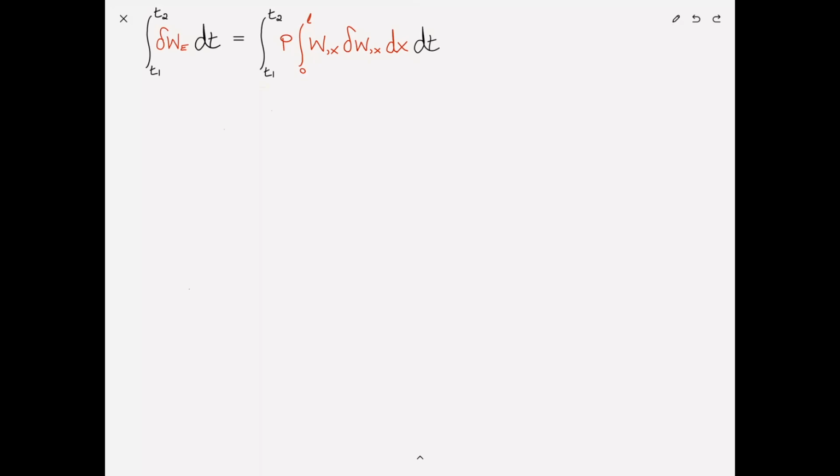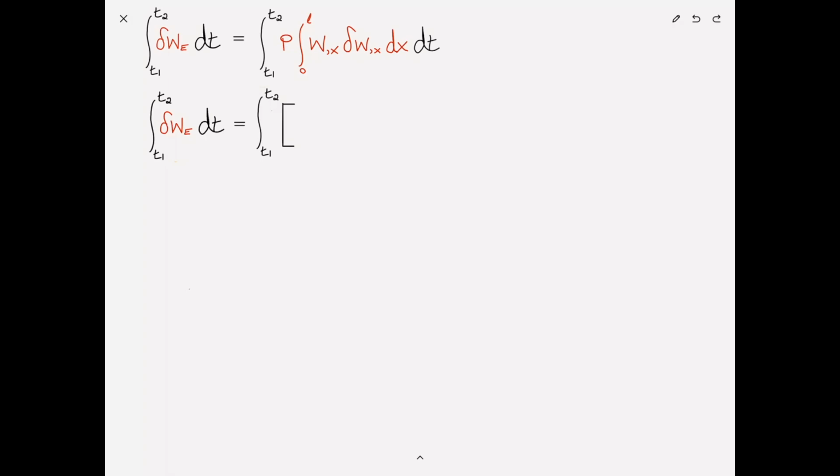What do we need to do next? We recognize that this del w,x needs to be del w, and so we need to remove that derivative. How do we do that? Everyone? All at once? Integration by parts. Okay. The integral from T1 to T2 of delta We dt is therefore the integral from T1 to T2 of,